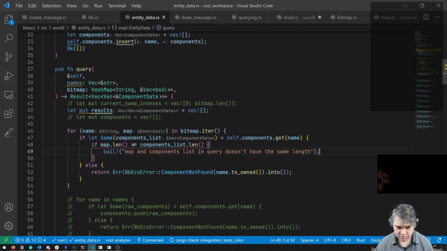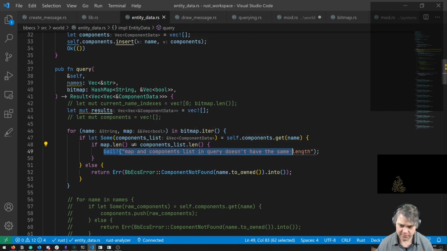So bail is the equivalent of an early return. It automatically does that. It creates a macro for that for us. So that essentially is just returning an error, and we'll print this string out. So that's really nice for us.